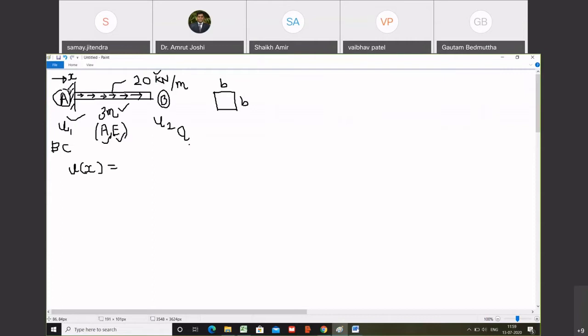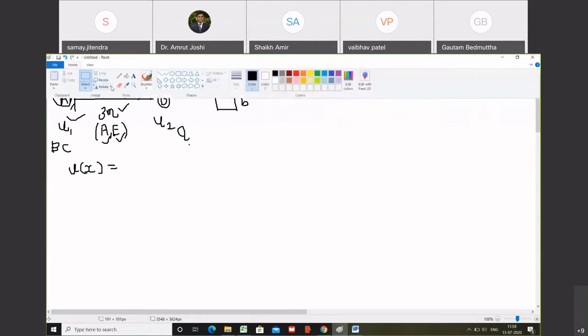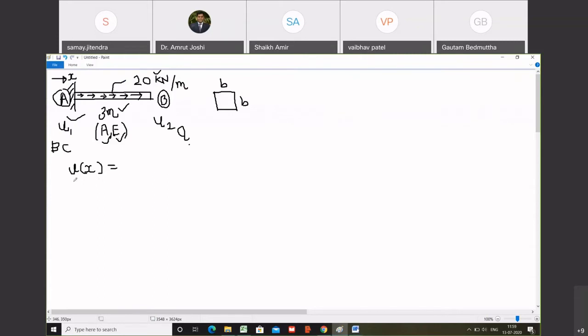Now what can we do? We can start with a linear approximation. So I will say that the deformation varies linearly between A and B from U1 to U2. It may be wrong, but I will start with it. Is it understood? Yes, correct. So I am now going to make an approximation; this is called an interpolation function. What will we call it? Interpolation function. Why? Because it interpolates the value of the x directional deformation between the known points A and B. Okay. Are you with me?